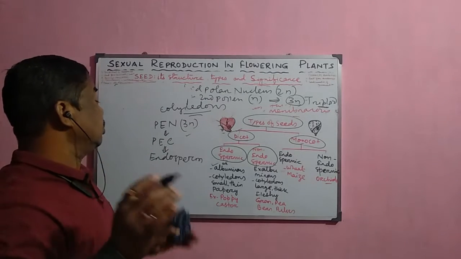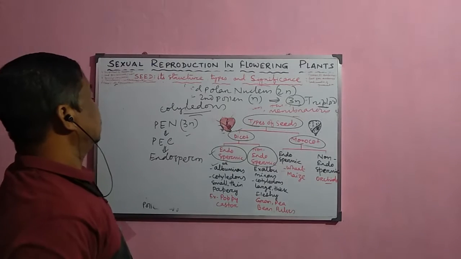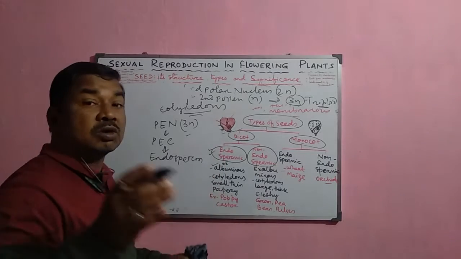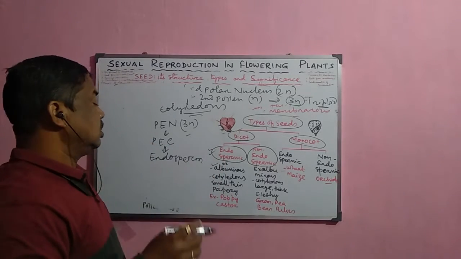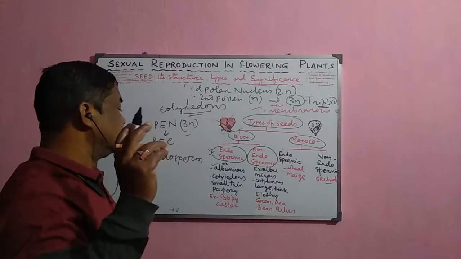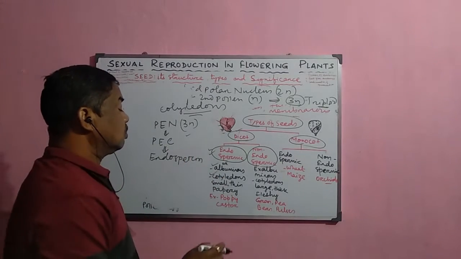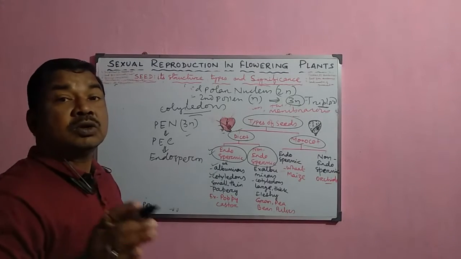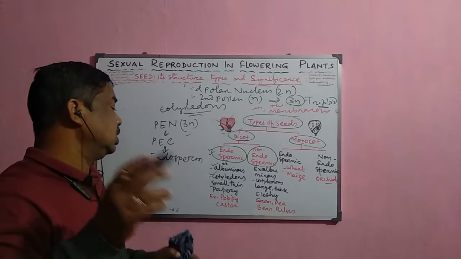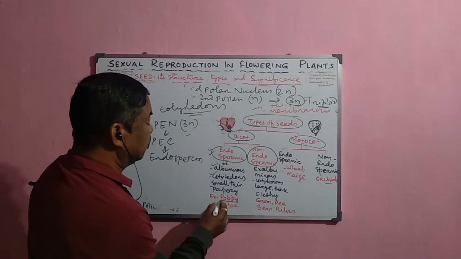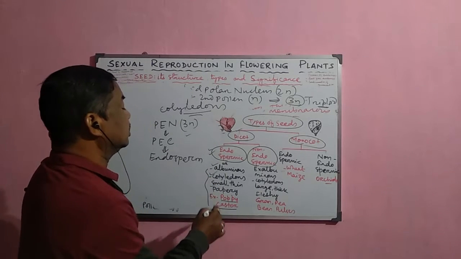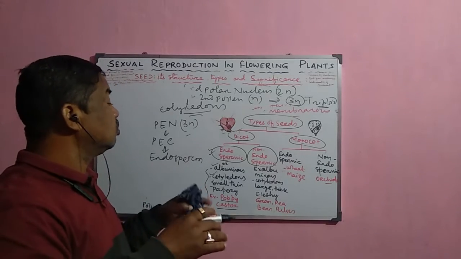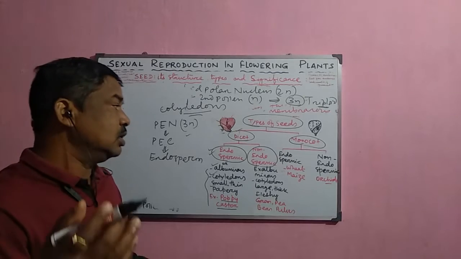Okay, so these endospermic seeds contain a large amount of endosperm because it is not consumed or utilized, and that is why it remains persistent inside the seed. But in this case, the cotyledons are very small, thin and papery. That means there is no well developed cotyledon present here. So the most common examples are poppy seeds or castor seeds. These are examples of endospermic seeds where the endosperm is persistent and is not consumed during the development of the embryo in the early stage.